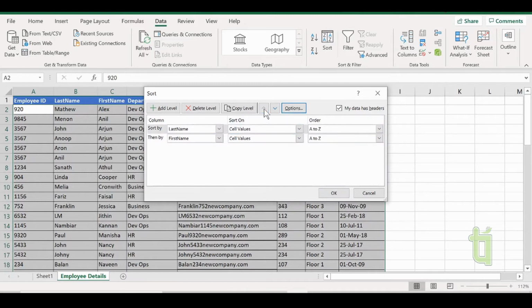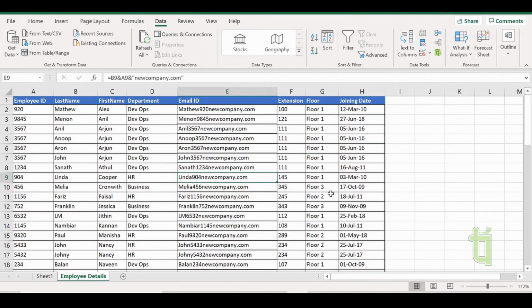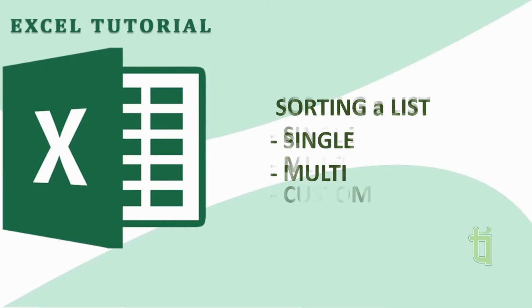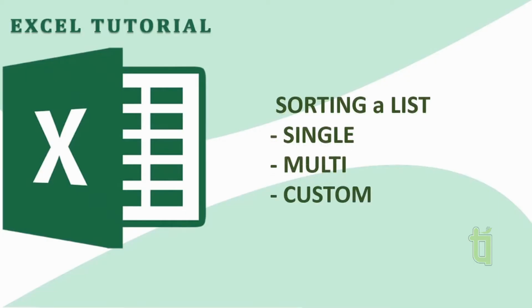We also have an option here, down arrow and up arrow, to decide which column should be sorted first. After that press OK. The first column is sorted in ascending order and then by last name in ascending order.